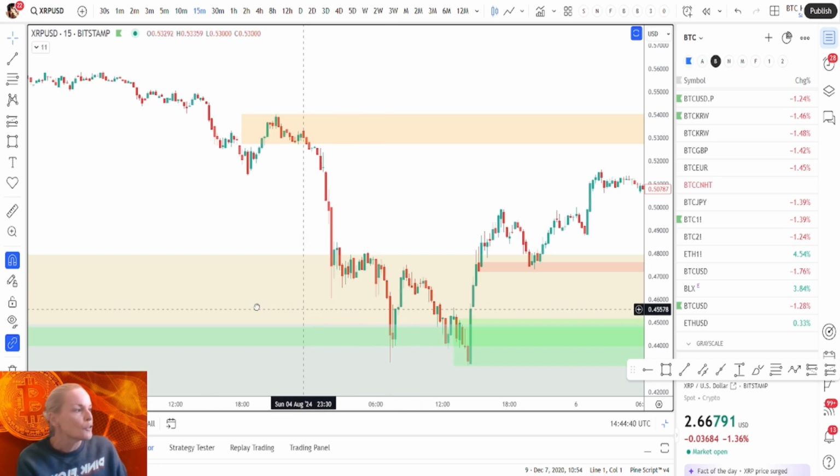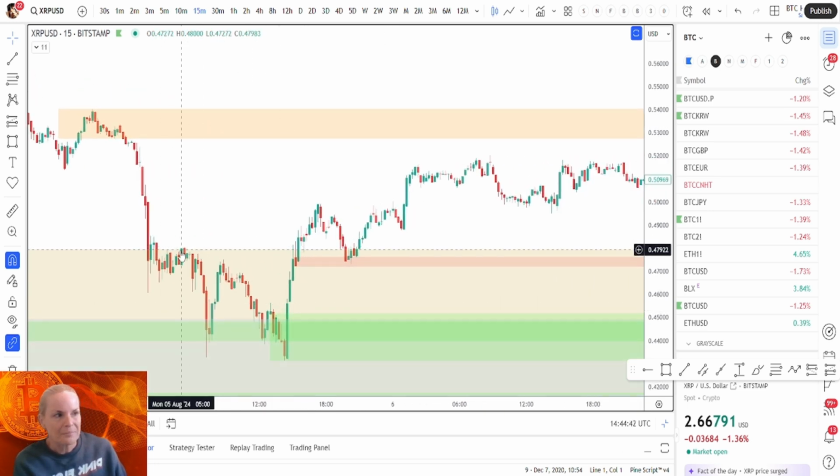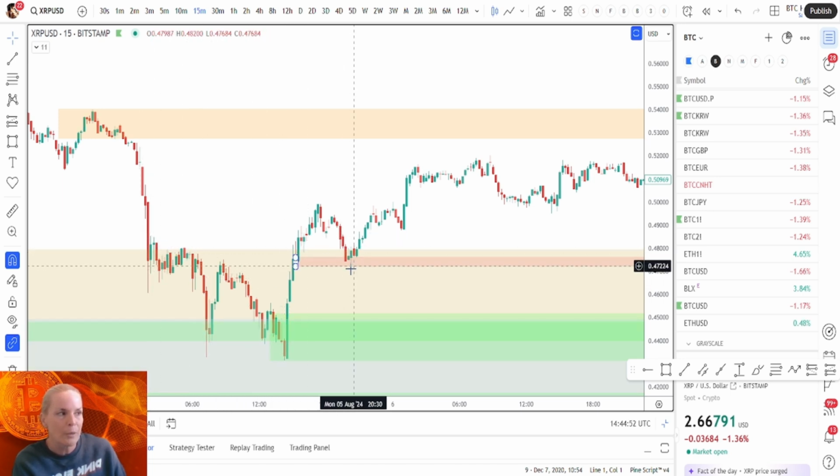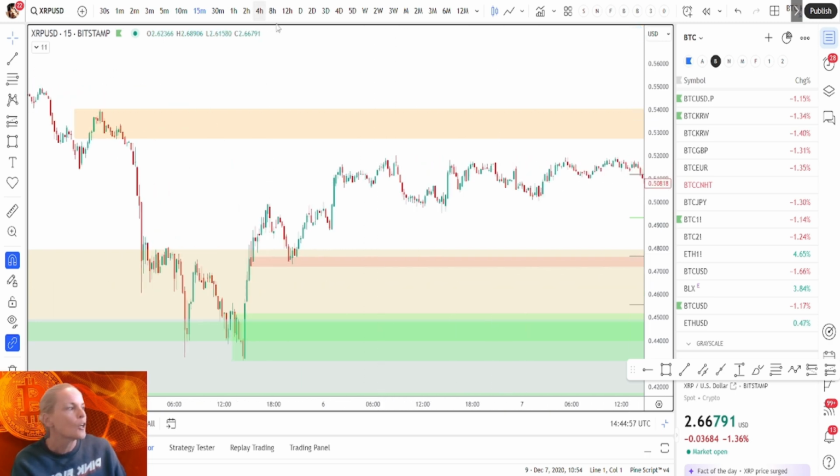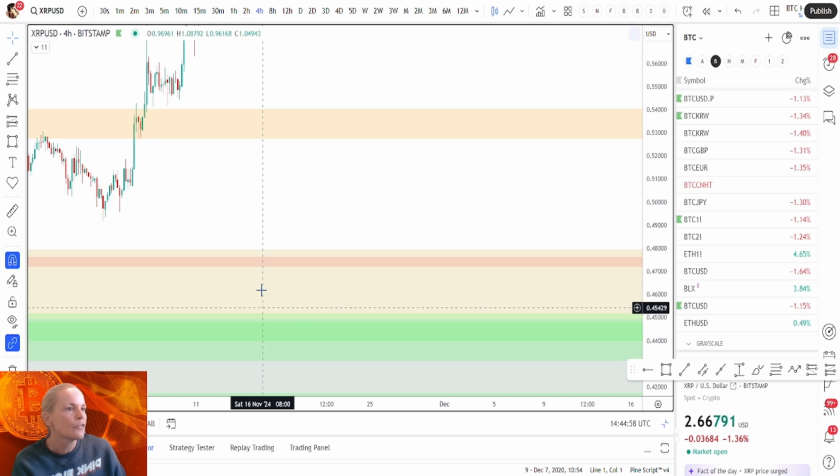It'd be easier if I'd chosen a current chart. In the strength of supply and demand, your strong ones are at the start of the impulse, but then you also have strong ones where a supply has flipped to a demand. So we had a zone here that would have been an hourly supply, it's flipped to demand, and that's what's held the bounce. And let me go up to the higher time frame again